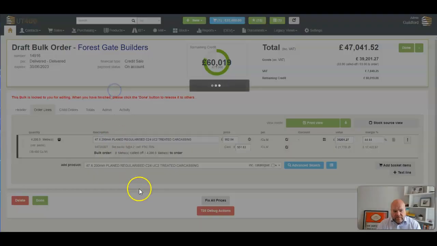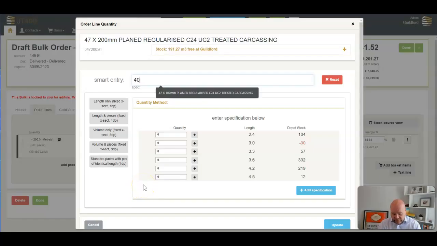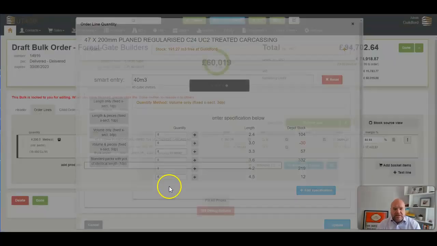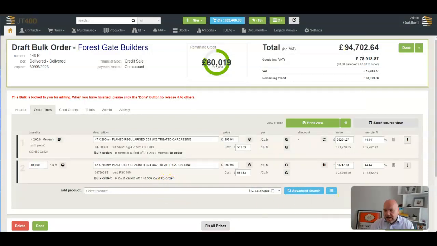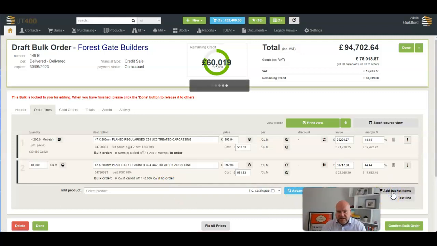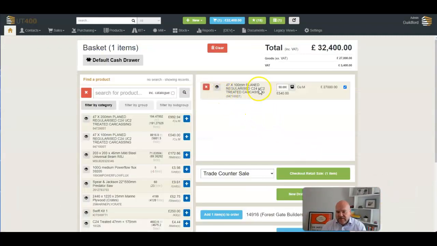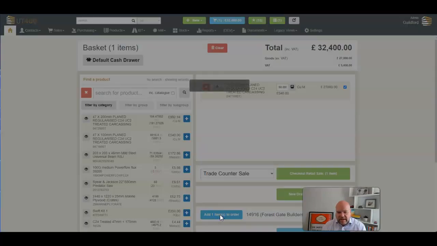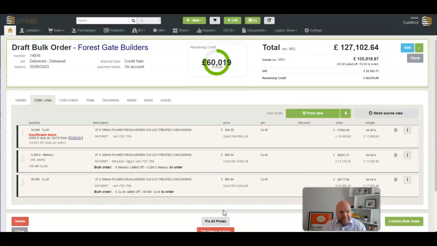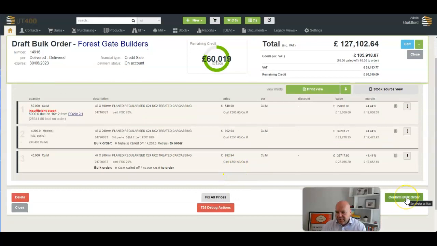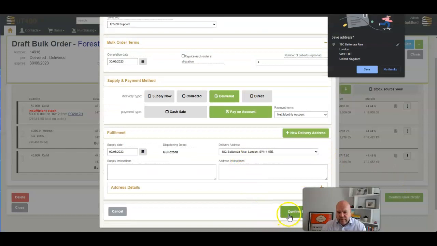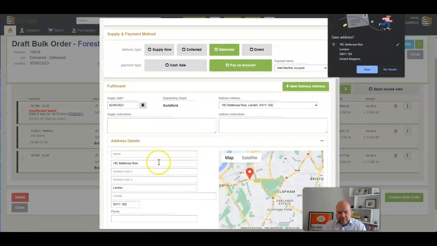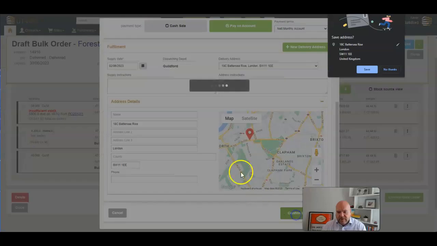I can also add in a volume as well. So let's say they want 40 cubic meters as another quantity entry. And if I click on add basket items here, I've already added some 47100 into that, so I can add that into that particular order. So we can bring all of those items into the bulk order. Once we're happy with it, we confirm bulk order. There we go, confirm the details. Again, you've got the delivery address and so on, the map and all the details. But if we confirm the bulk order,